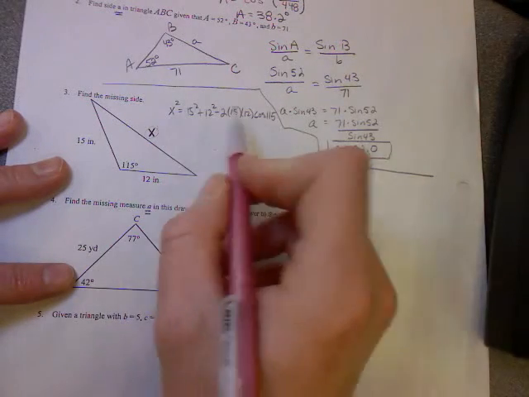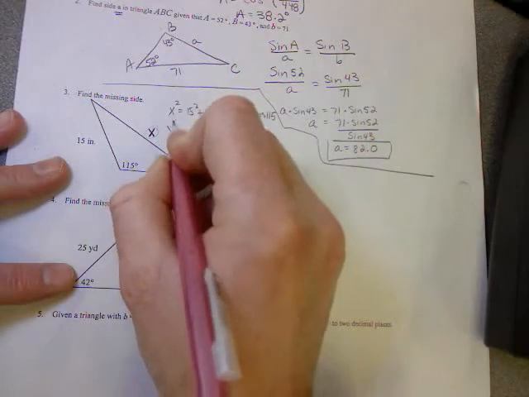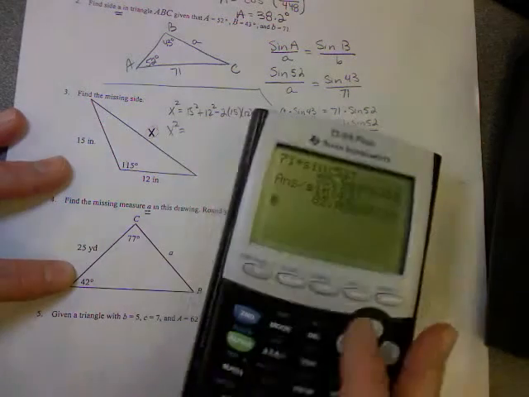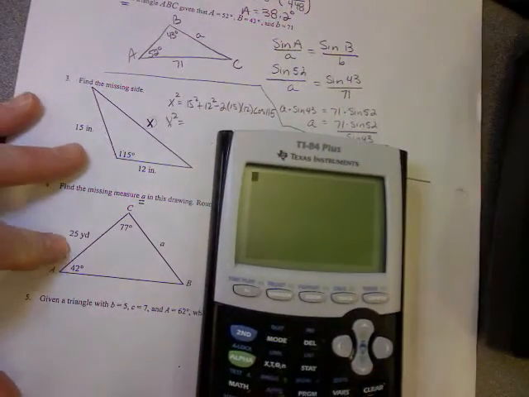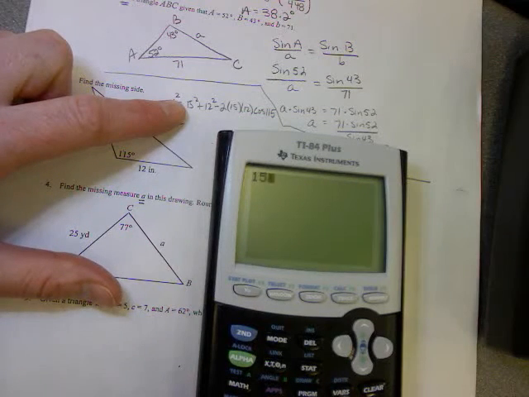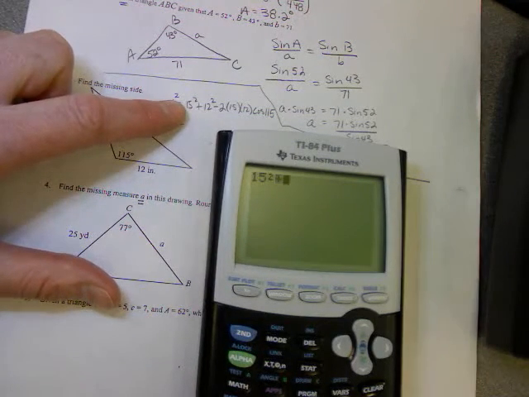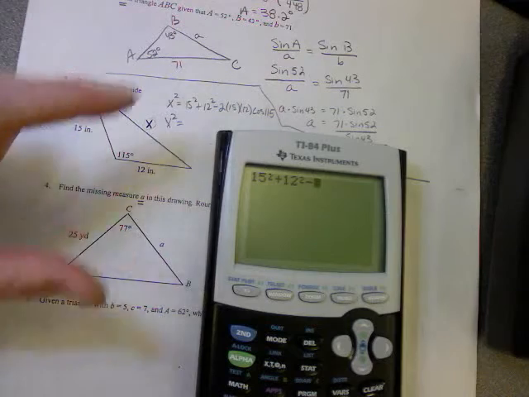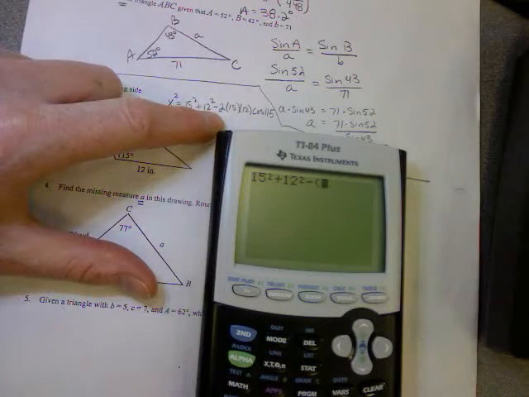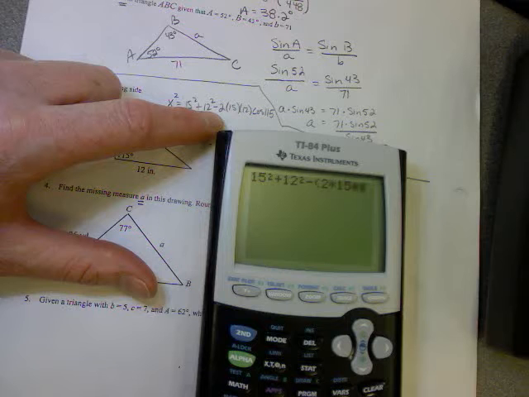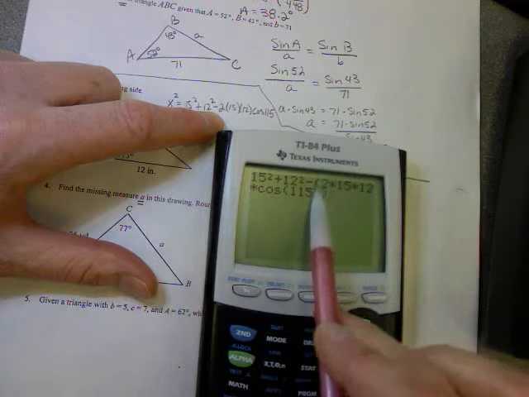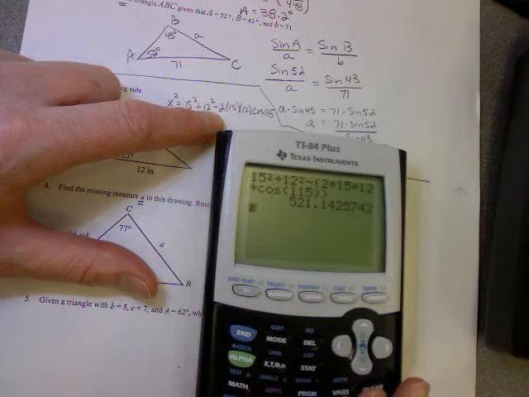Okay, since we're looking for x in this case, we can just put all this in our calculator, and I'll show you the calculator entries so you see how to do it. 15 squared plus 12 squared. Now you're subtracting everything after this minus sign because that's all multiplication, so you need to use a parenthesis. And then we're going to do 2 times 15 times 12 times the cosine of 115. End your parenthesis for the cosine of 115, then end your parenthesis again for this parenthesis up here. Hit enter and we get